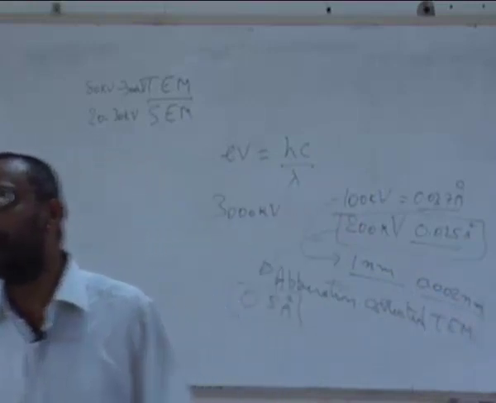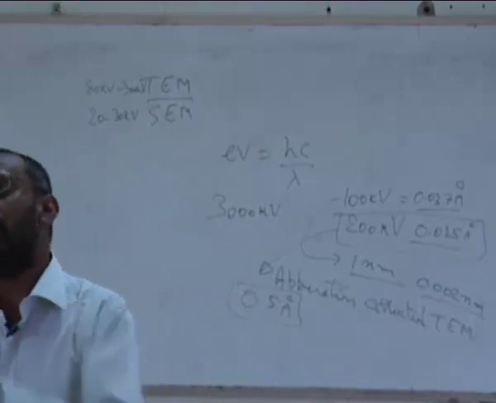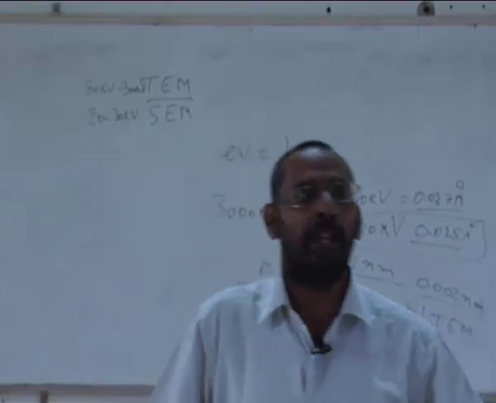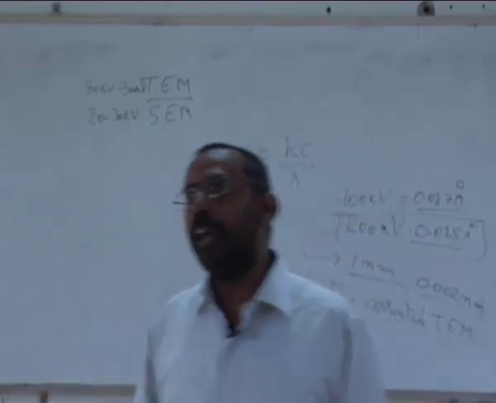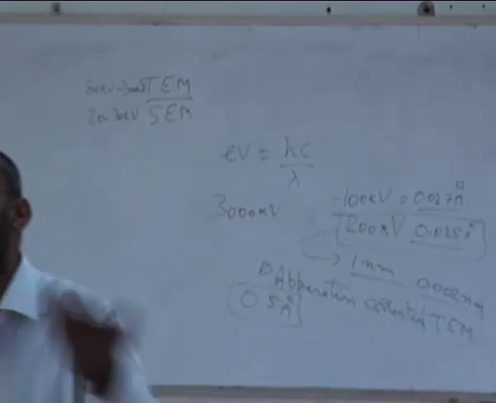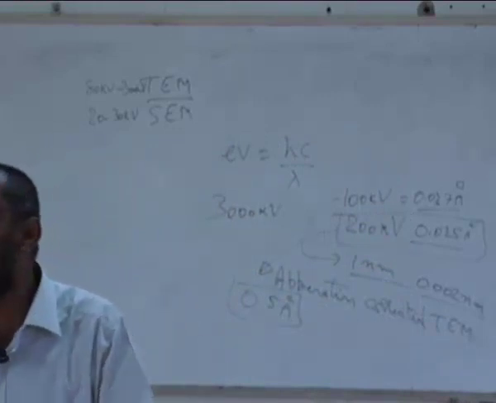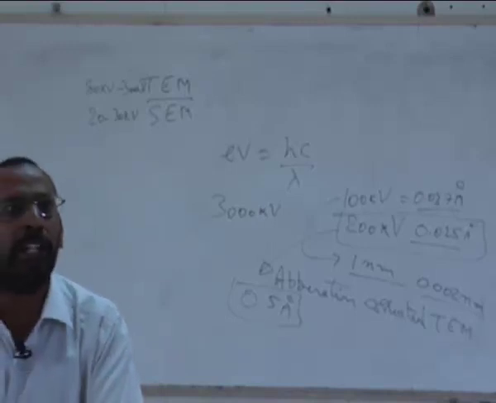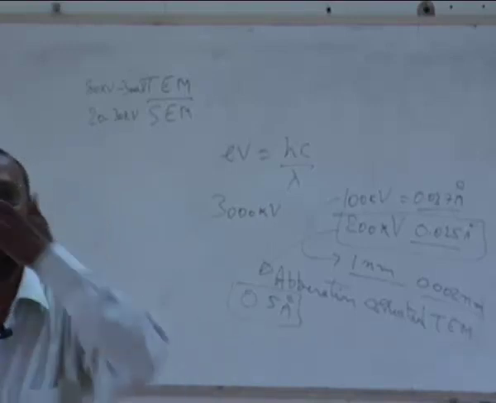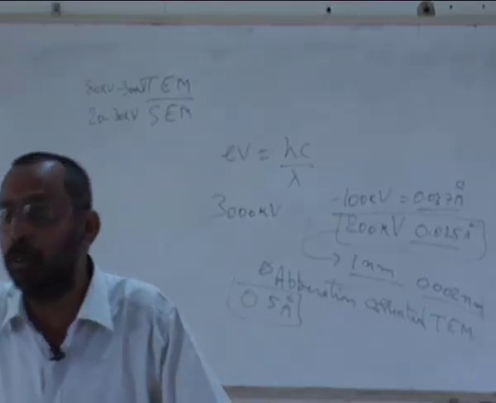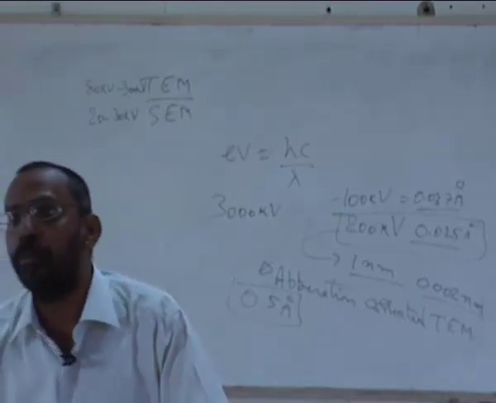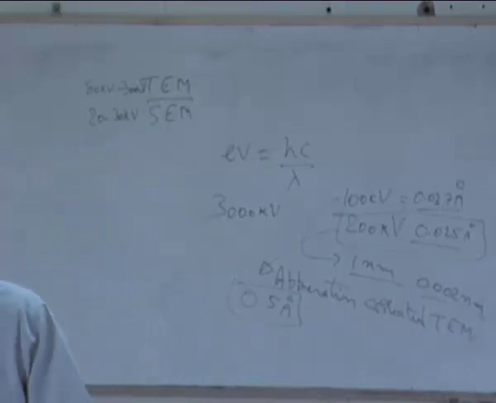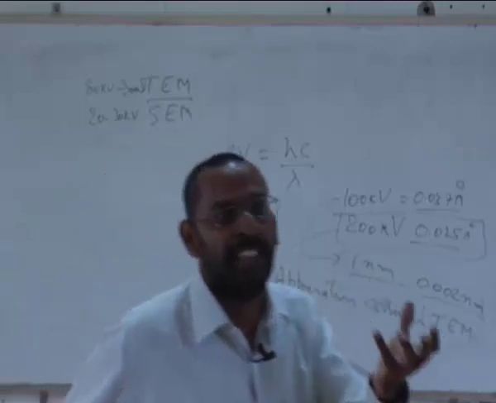Of course, most of these things like grain sizes and coarse particles, I don't need to even go to an electron microscope. I can even see them in an optical microscope. So we do not use an electron microscope to see all those that you see in an optical microscope, because there is no point in wasting your time and energy and money, because a normal TEM without an aberration correction would cost about 3.5 to 4 crores. And an optical microscope would not cost you more than 5 lakhs. So there is no point in really buying a TEM if your interest is only to see a grain size.